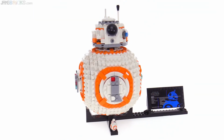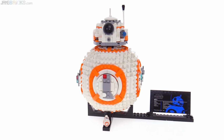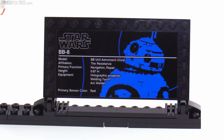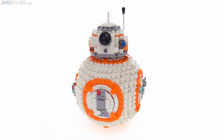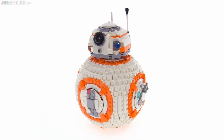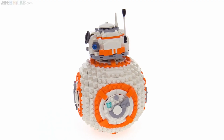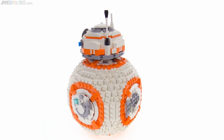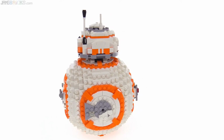Here's something a bit different. While not officially an Ultimate Collector Series BB-8, this is effectively an Ultimate Collector Series BB-8. It even comes with the UCS style plaque. At first glance, this is a pretty good representation of BB-8 in a form that just screams, hey, look at me, I'm actually made of Lego, with all of those exposed studs all over it. They did a good job of approximating the spherical main body shape and also getting in some of the important